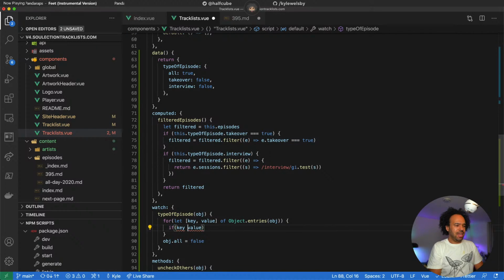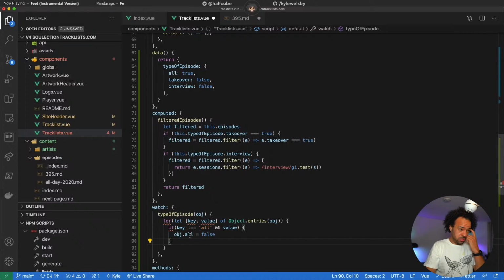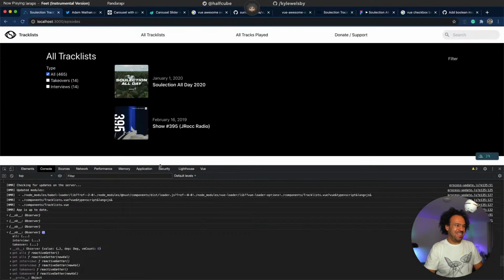If key not equals all, and value will be true, then object.all equals false. Feels like it should work, but I really don't trust it.